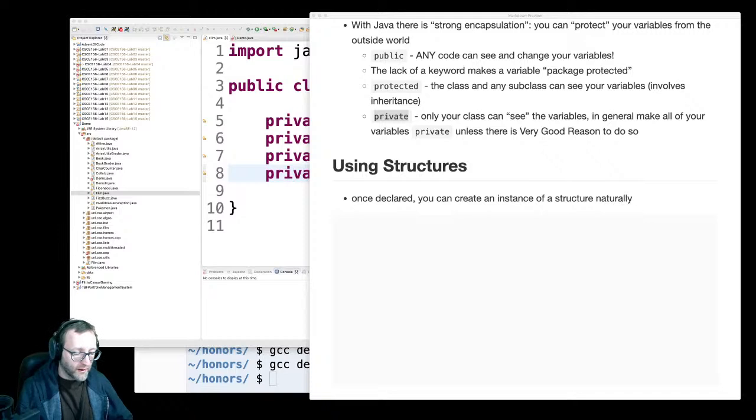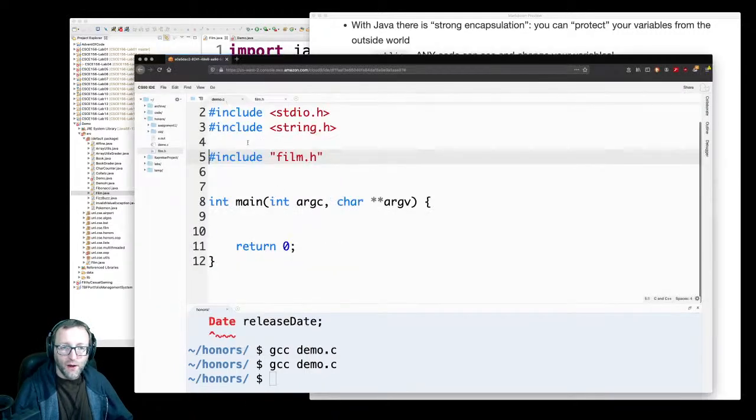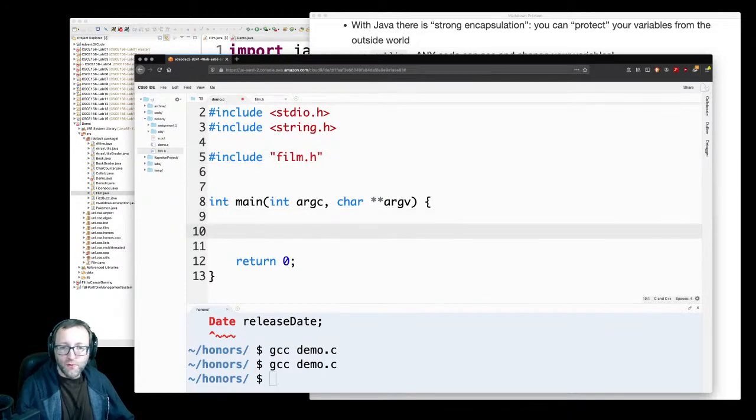So what I'm going to do is switch back to the CS50 IDE here, go over to demo, and now that I've got that film structure defined up here in the header file, and I'm bringing that header file in, I can go ahead and create a film, F. That's it. If you want to give it a title here,